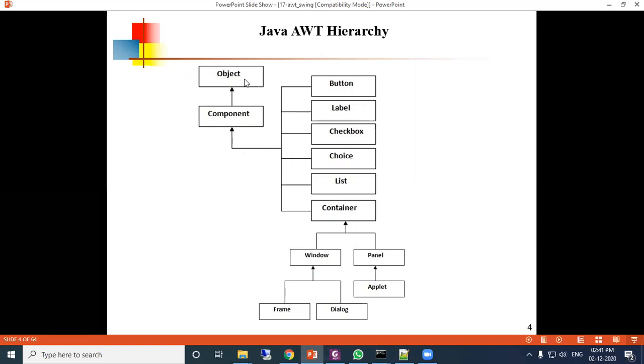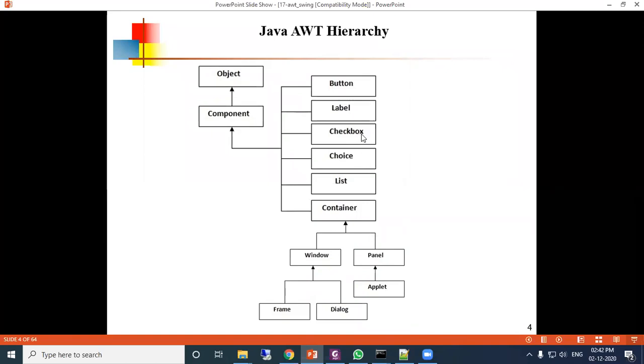The topmost is Object. Next comes Component, which is the child of Object, and these are the children of Component, and this is the inherited method of AWT. The super parent is Object, the child of Object is Component, and the children of Component are Button, Label, Checkbox, Choice, List, Container. Button means the command buttons, like OK, Cancel. Label is where something is shown, and you cannot modify it at runtime.